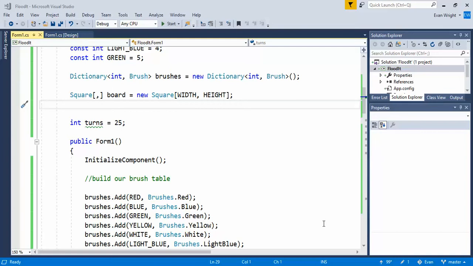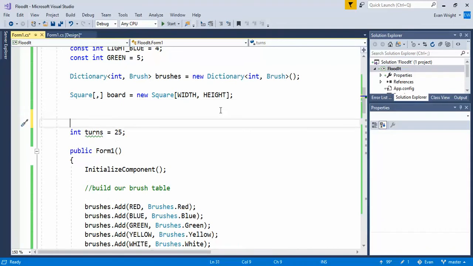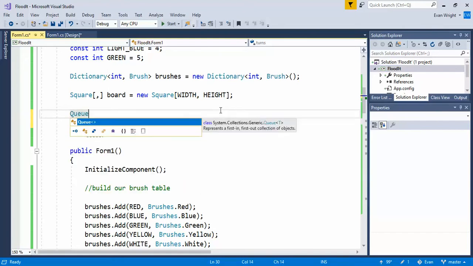So now that we got the shell of our game working in the last video, in this video we can actually make the guts of the game, which is going to be the queue. That's going to be used, in conjunction with a timer, for doing our BFS algorithm. So let's declare a queue here, and there is a data type called a queue built into .NET,